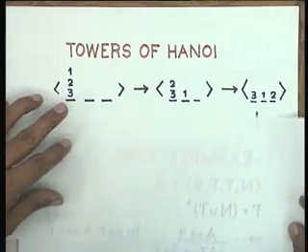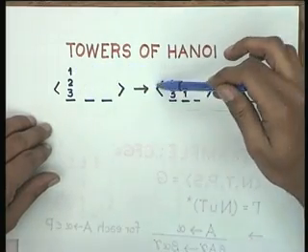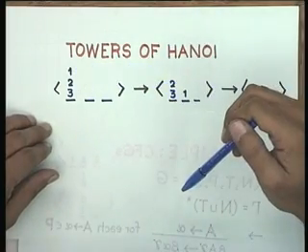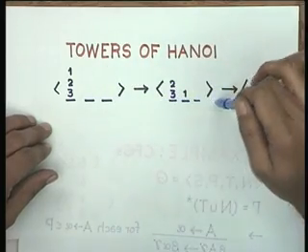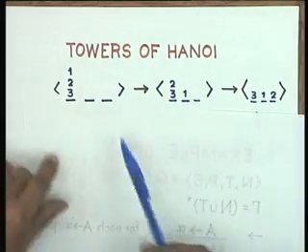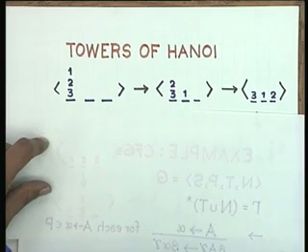So you can go through a sequence of transitions of this form, where the next state in the transition system is that from here you can move to this, which is equivalent to saying that take the top peg in the first tower and put it on the second one,